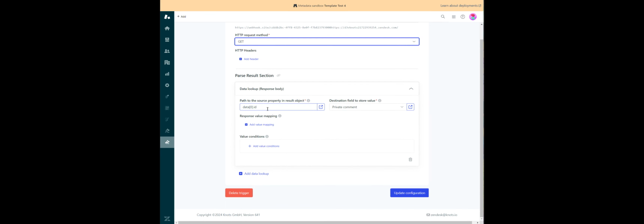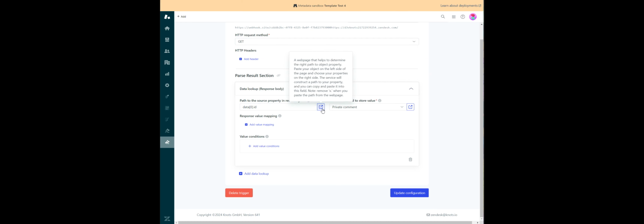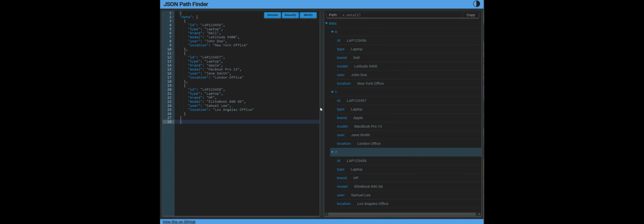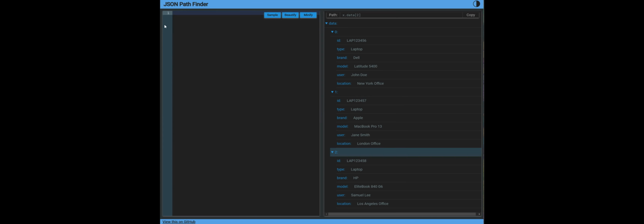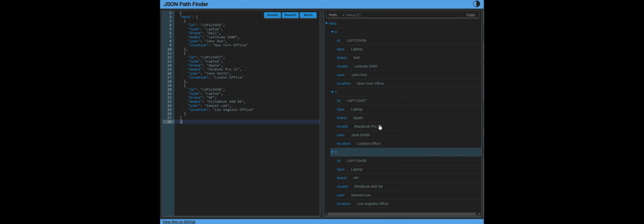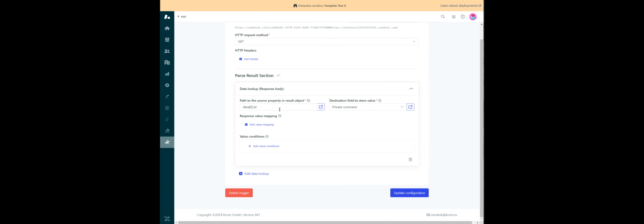that specific ID for the laptop? And if this doesn't seem familiar, what we can do is click on the tooltip here to bring us to JSON Pathfinder. And what you're going to do is copy and paste your payload in over here on the left, and then on the right it's going to pop up all of the results for us to click on, right? So if we wanted this first laptop and this ID, we can go ahead and copy that, and then we can go back to our